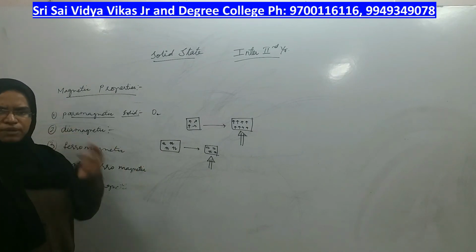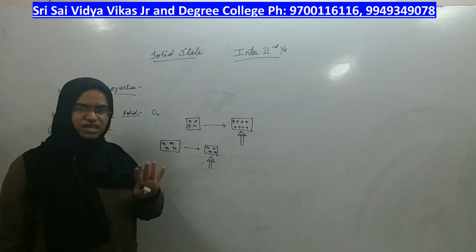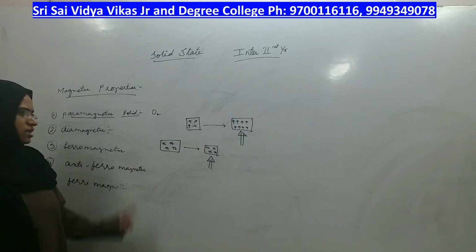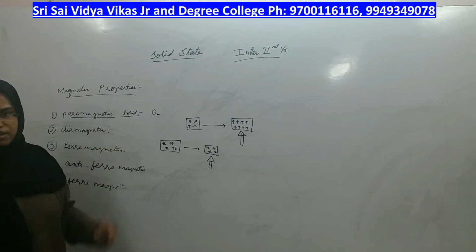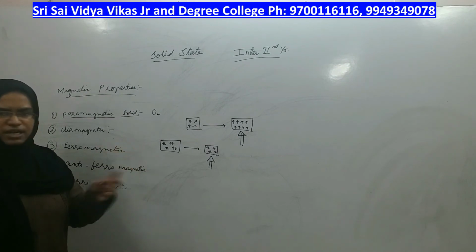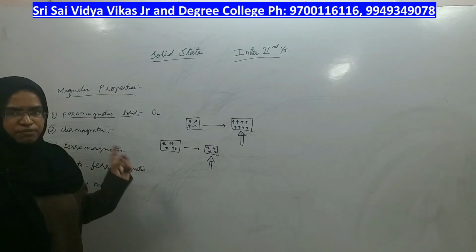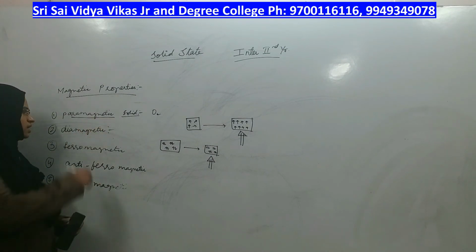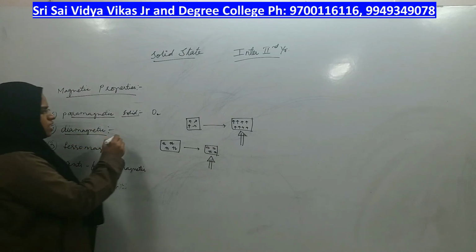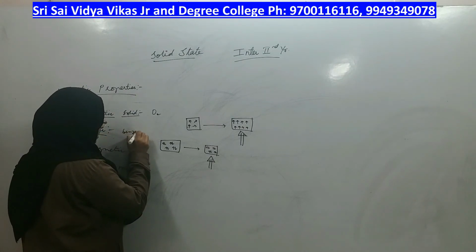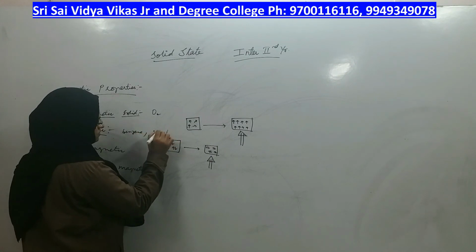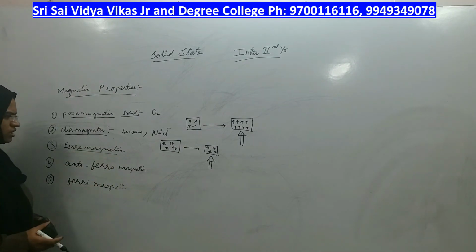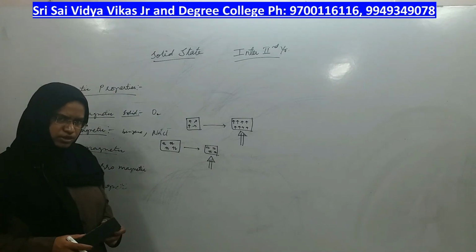Therefore, whether you supply a magnetic field or not doesn't make any difference to the net magnetic moment felt by the compound. Those compounds are called diamagnetic compounds, in which unpaired electrons are not there. All the electrons are paired. If unpaired electrons are absent, they come under diamagnetic substances. If unpaired electrons are present, they come under paramagnetic substances. Example: all the compounds in which electrons are paired. Right? Coming to the next type of compound, called ferromagnetic compounds.